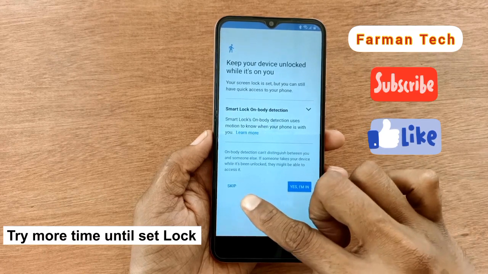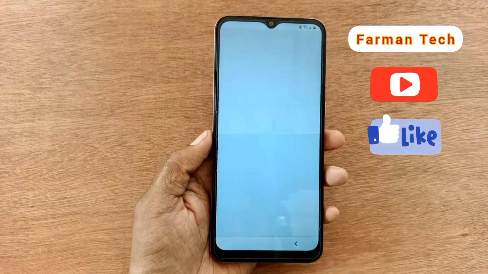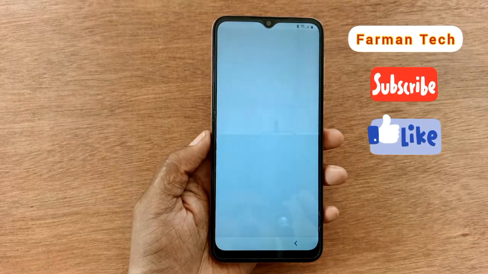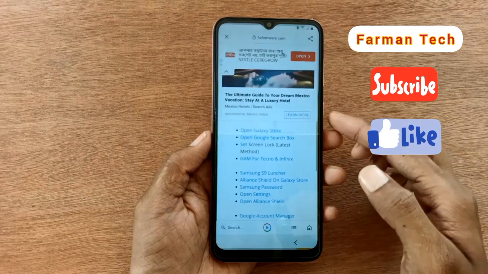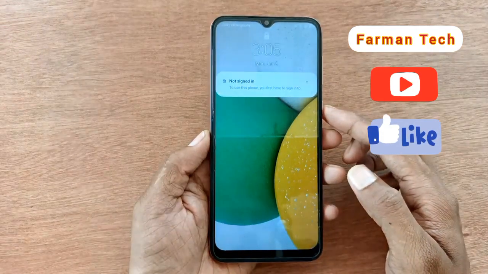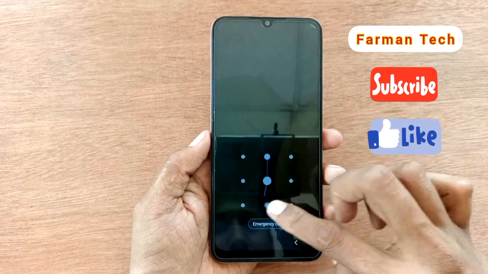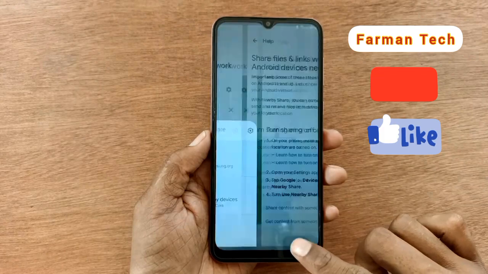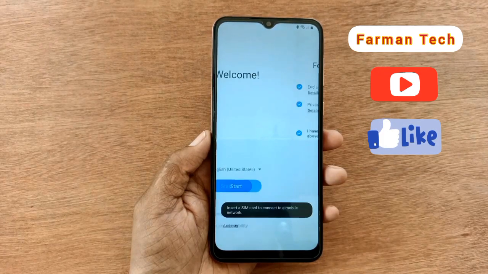Don't skip any steps. Press go back. After that click the power button for the lock screen and you can see here the lock screen is enabled. So now you have to press go back and set up this